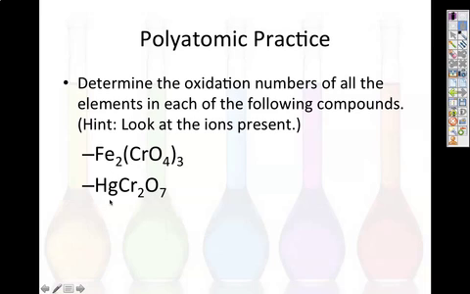This time, mercury, we're not sure which mercury it is. It's most likely either mercury 2 or mercury 4. If you looked at your polyatomics from the beginning of the year, you could assume that it's mercury 2 because Cr2O7 is a 2 negative charge overall. So you could go through and figure out which each of those elements would be. And PO4 is our last one. You know that phosphate is a negative 3 charge from all of our practice with acids and bases. And you also can see it here because